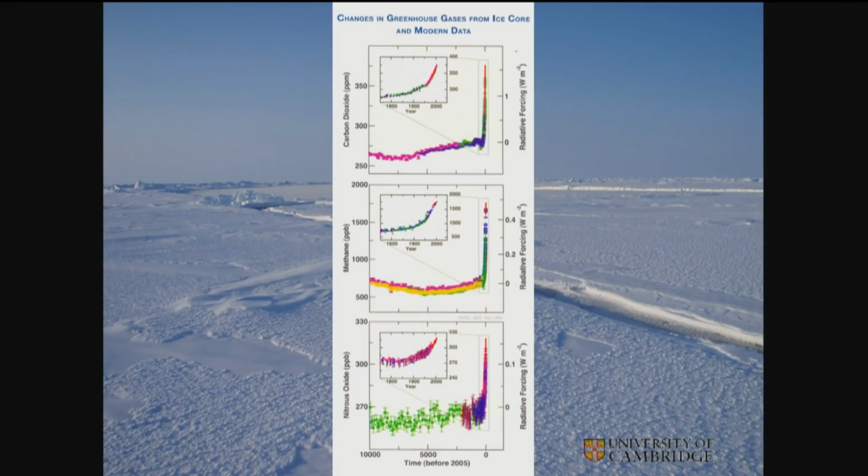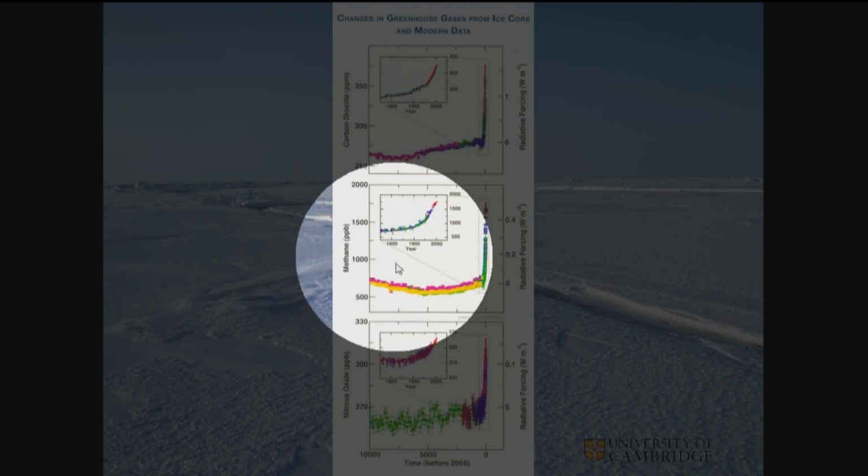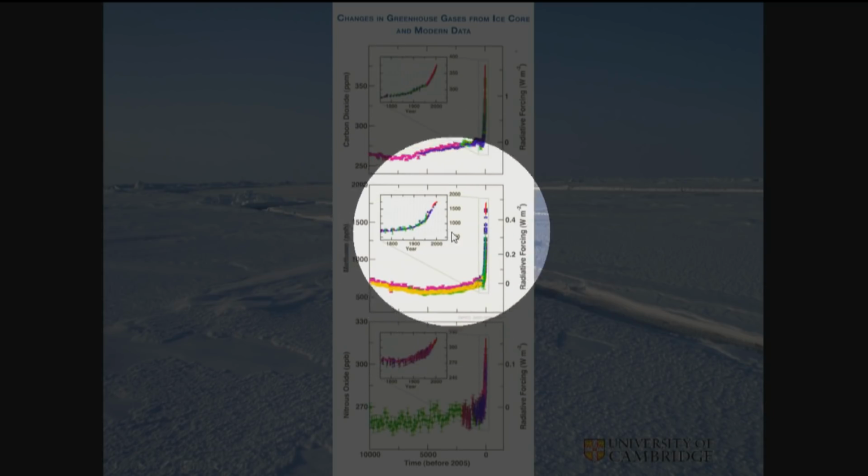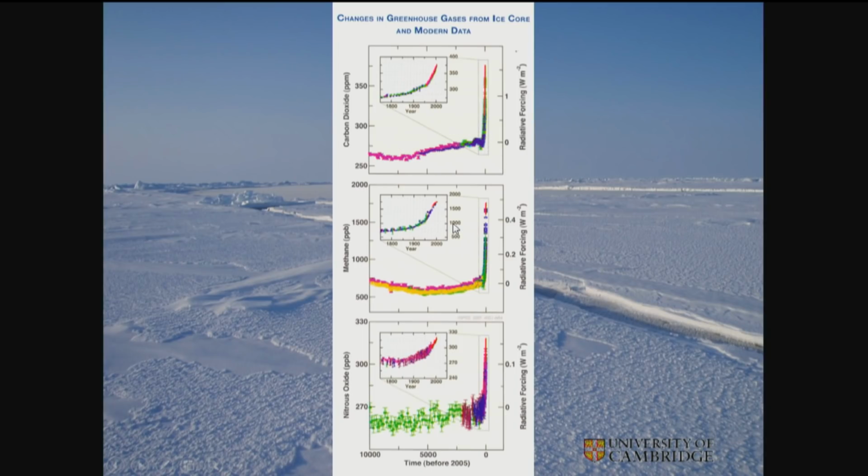And so that CO2 content went right suddenly up, and following it was the methane content of the atmosphere, which also had reached some natural level, and then shot up as soon as we started the Industrial Revolution. And the bottom one there is nitrous oxide. But the most important gases that have a greenhouse effect are carbon dioxide and methane. So that shooting up,